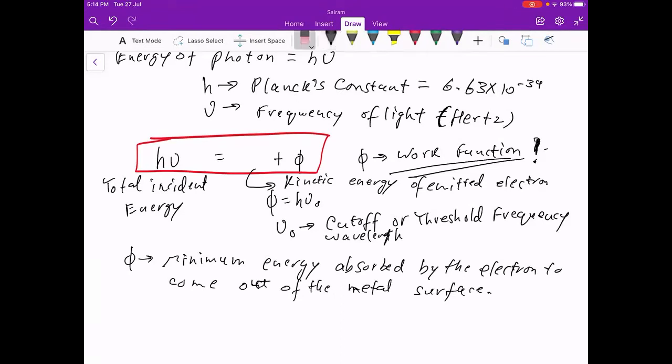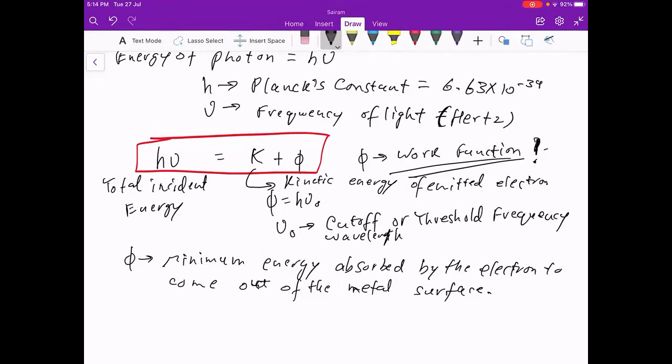For example, when you drive on a road, there is a toll tax. So when you reach the toll tax place, you have to pay some very small amount of toll tax, maybe 100 or 200 rupees maximum. That is the amount that you pay to cross the gate, right, to move forward on the road. Have you ever observed a toll tax? Same thing, right? Here also, the electron, just to get out of the metal, it needs some energy.